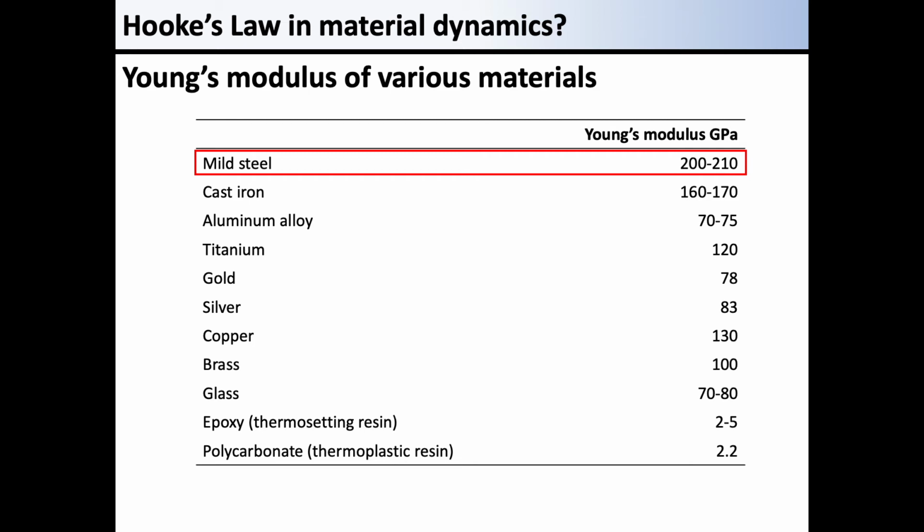In contrast, another example is resin or plastic. Compared to mild steel, resin has a Young's modulus of 2 to 5, which is smaller than 1/30 of steel's Young's modulus. What this means is, for example, plastic bends much more easily at less force. If you compare the bendability of a steel plate to that of a plastic plate, it should not be so difficult to understand.